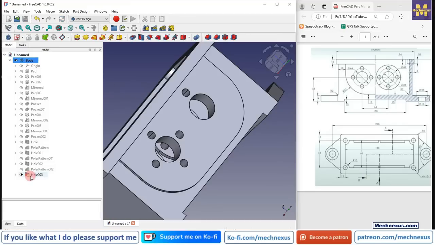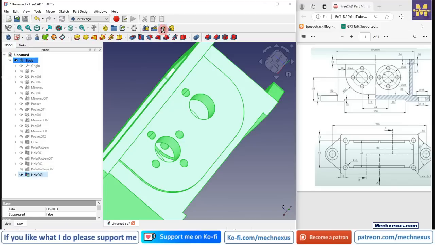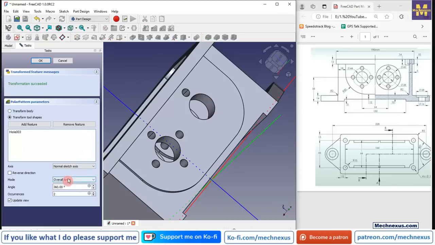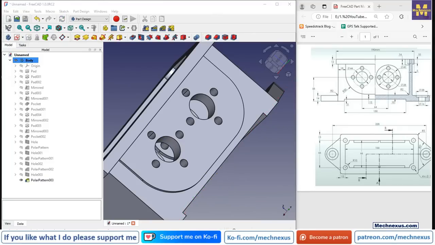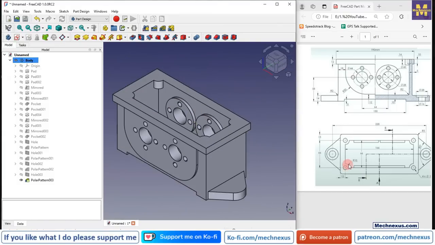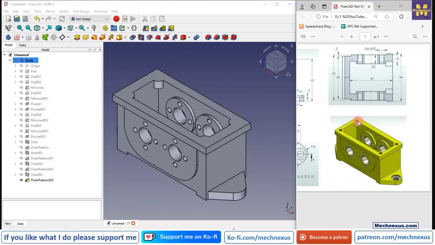Now we will mirror it. Select and click on the polar pattern, and from here select reference and select this diameter as a reference, give the quantity 4, click on OK. Now we will move to the next feature. We will set our model to the isometric view, and now our next feature is to create these 4 holes,